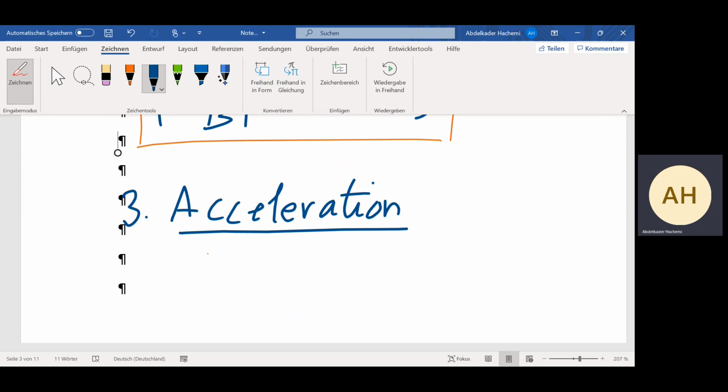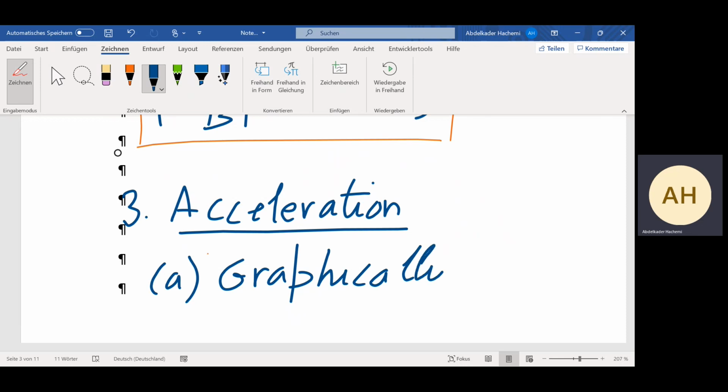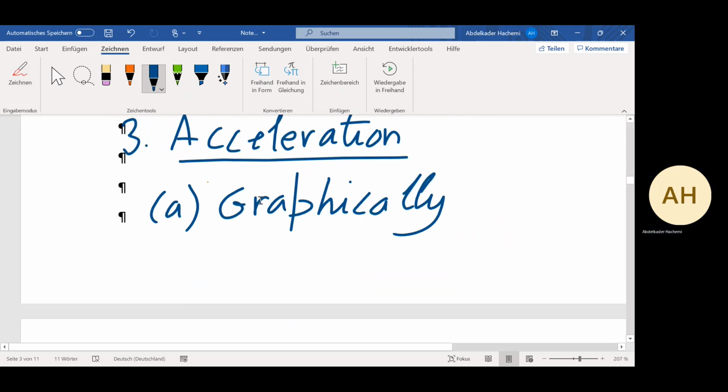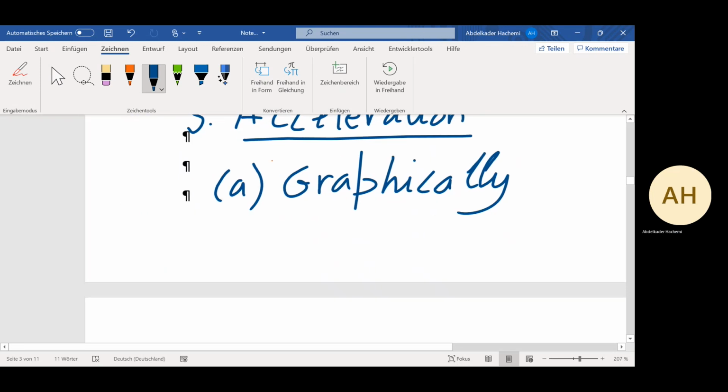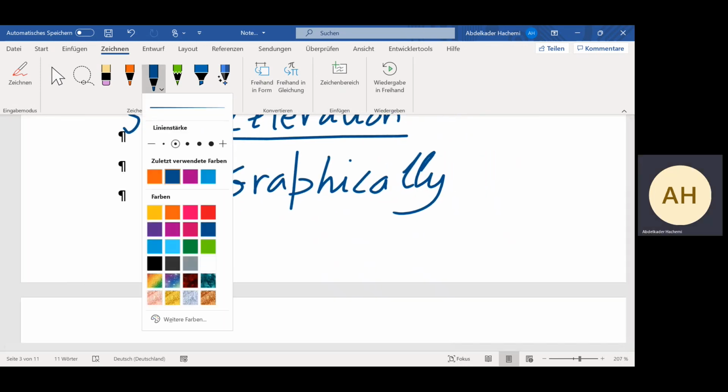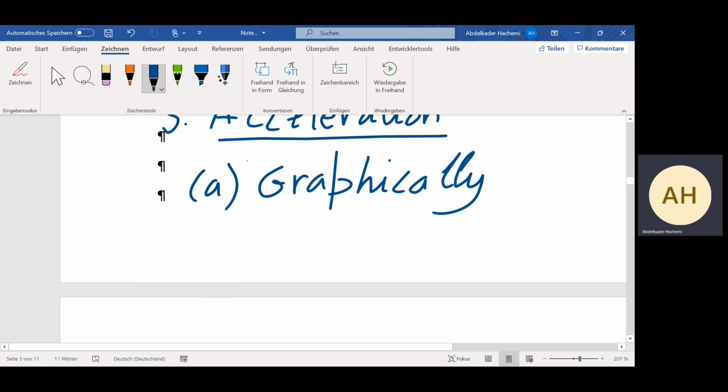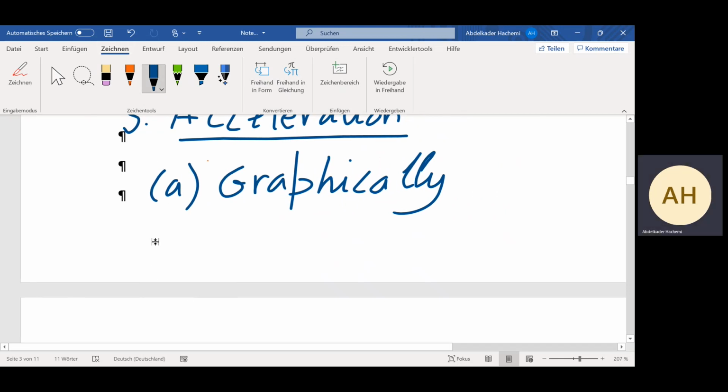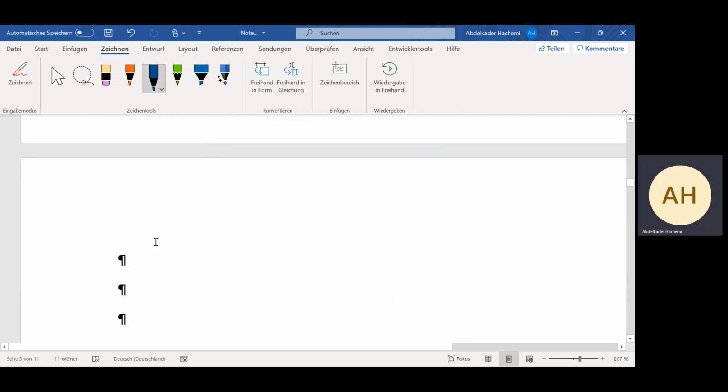We have A graphically. Now if I come to the graphic solution,